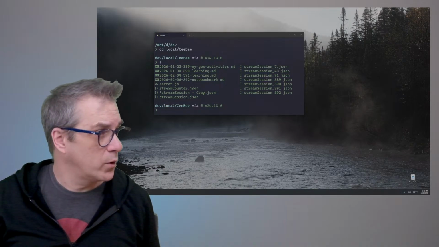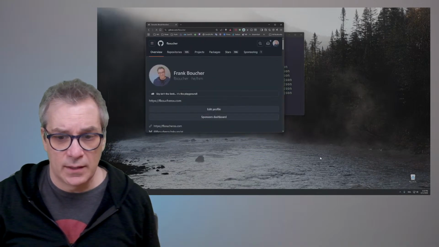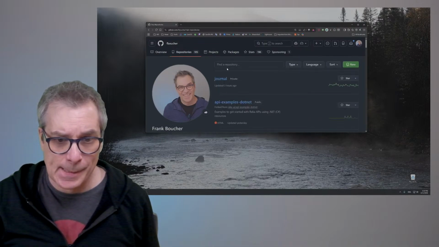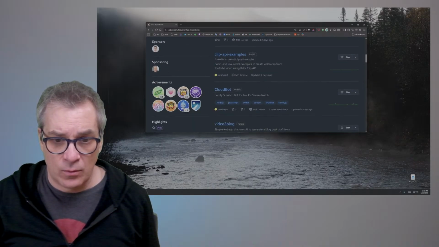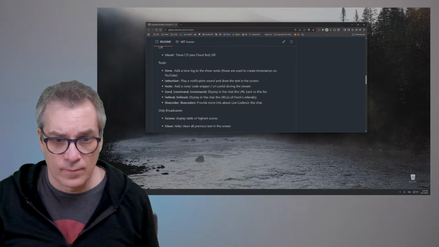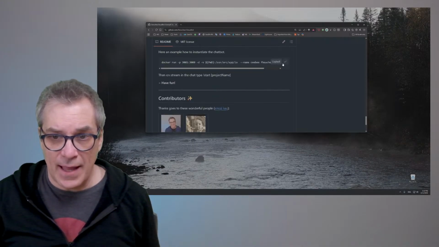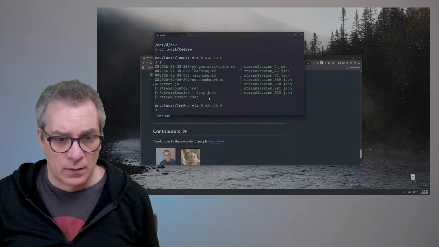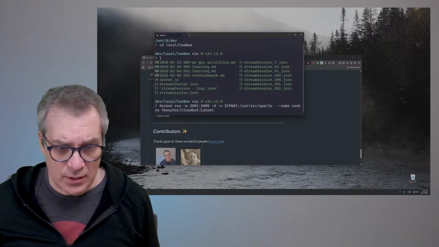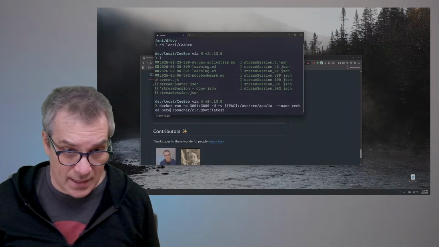Let's bring GitHub here, and let's go in my repository, cloudbot. There it is. That's the thing I want. So we'll paste it, and we need to change the name. Let's call it CB Beta.